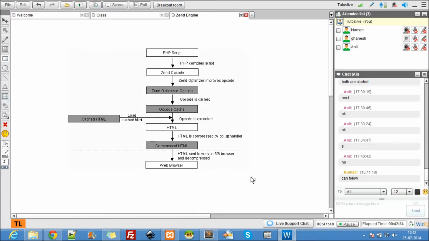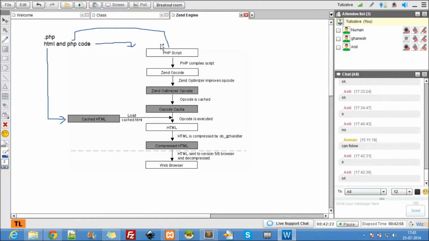So how exactly does it work? My file is .php, and it has both HTML and PHP code. When I give this to the PHP engine, the first task it does is separate PHP and HTML.